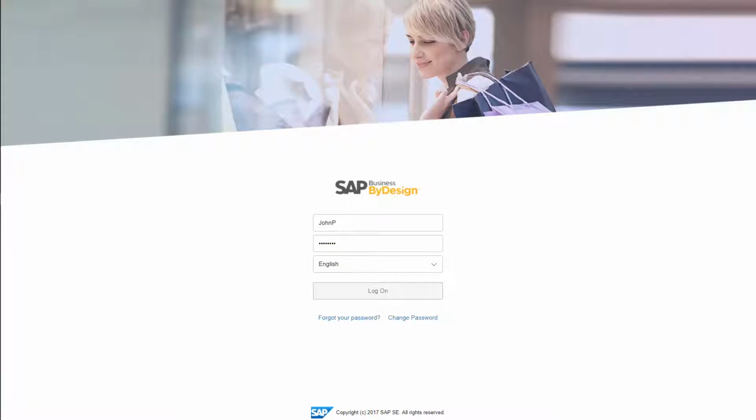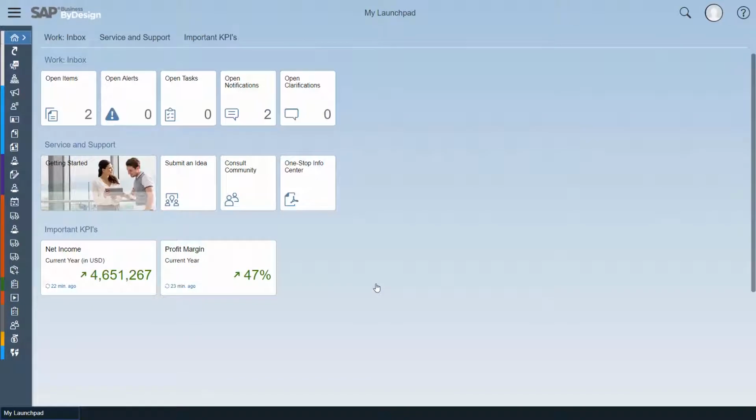In the drop-down list, I could select the appropriate language in case different languages are used in the solution. I have already selected English, so I can click Log On now. Welcome to SAP Business ByDesign. What you see here is my Launchpad, which is always the starting point when a user is logged on to